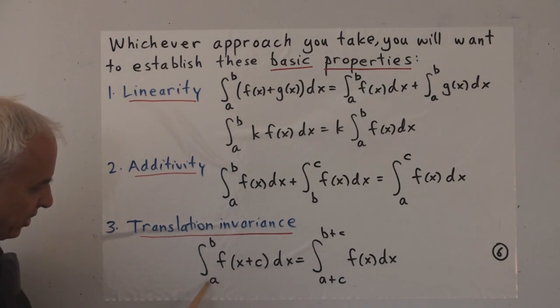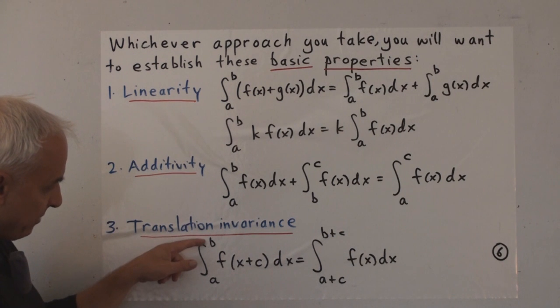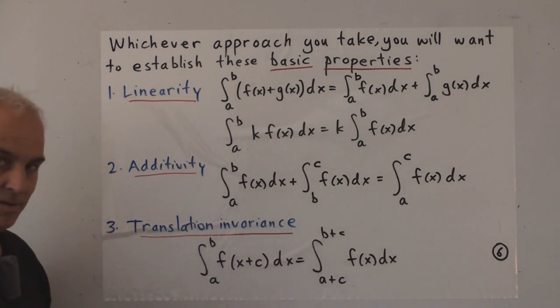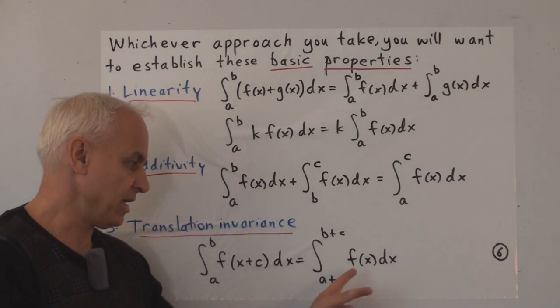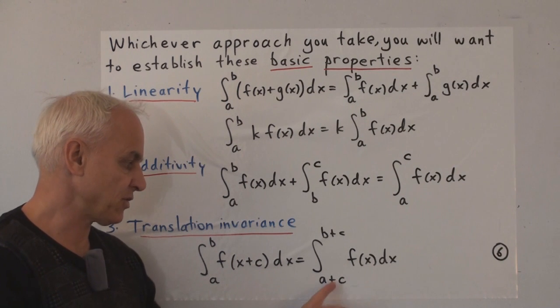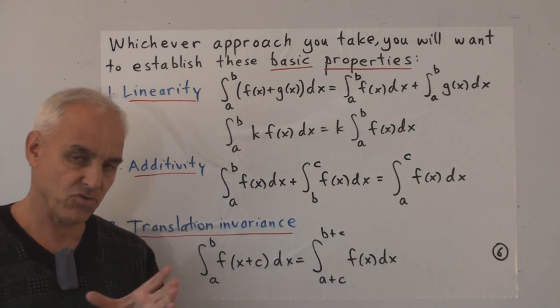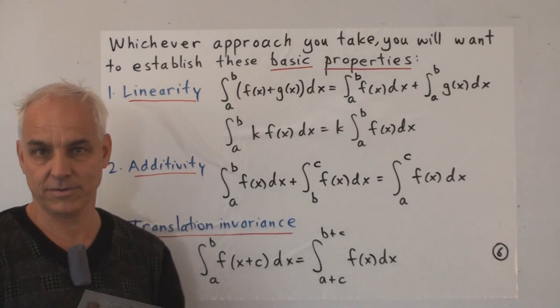You can kind of see that here, when x happens to be a, then we're evaluating f at a plus c. And at this endpoint, when x is b, we're evaluating f at b plus c. So it makes perfect sense that this is the same as the integral of f of x as x goes from a plus c to b plus c. Just a translational property of the integral, or the area.